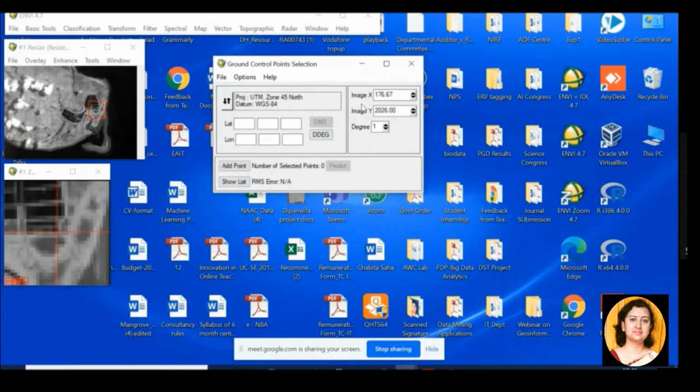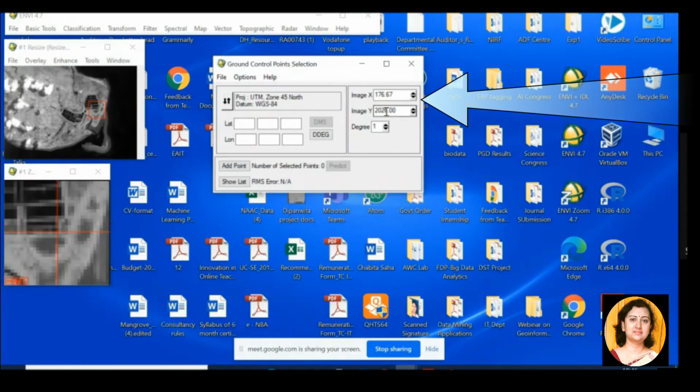So this is the lat-long value of a particular ground control point on the map. And on the right hand side, when you plot the GCP on the same location on the uncorrected image, the XY coordinates automatically get inserted over here. The values are XY because you still do not know what the latitude longitude values of the uncorrected image pixels are.